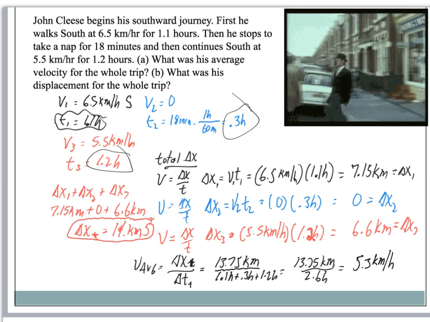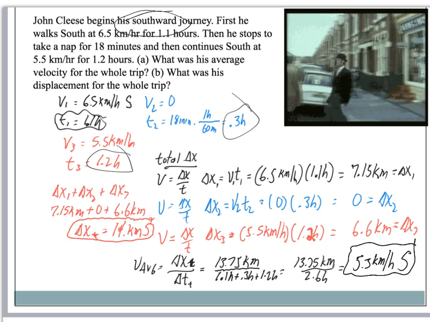Now, are we missing anything? Is there something that we need to put in our answer that would cause us right now to get points off? And hopefully you're thinking about that vector quantity. If it is a vector quantity, it better have a direction. And 5.3 kilometers per hour does not have a direction. All of these journeys were to the south, so if I just put S, I'm good to go.